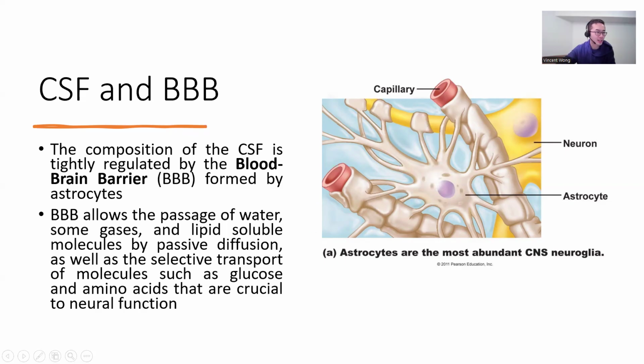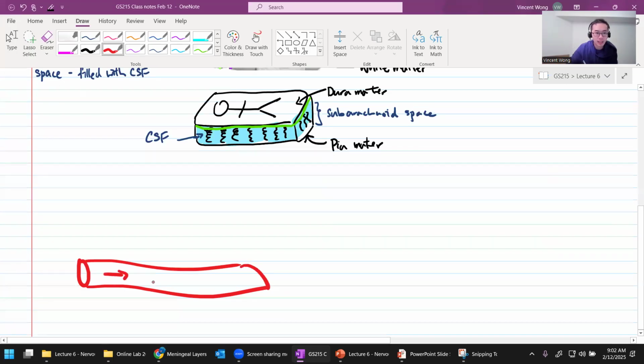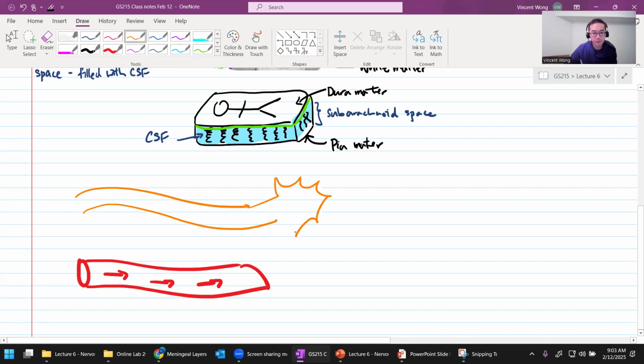I guess it's hard to see on the diagram. Let me try to draw it for you, okay? And then maybe you will understand. You don't have to draw this, okay? Just watch. So let's say this is the blood vessel, okay? If there is nothing covering it, then things can come out, based on what we learned in the previous unit, right? And then over here we're going to have the axon of a neuron, okay? And if the stuff can freely come out of the blood, then it will affect the neuron directly, right? So what happens is